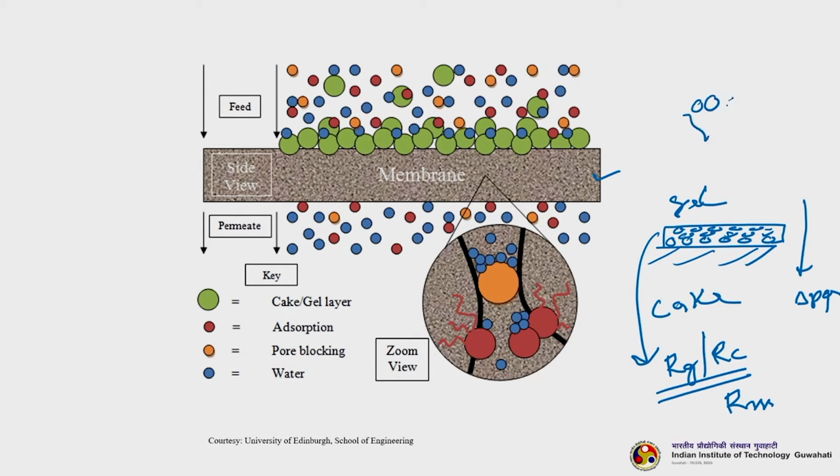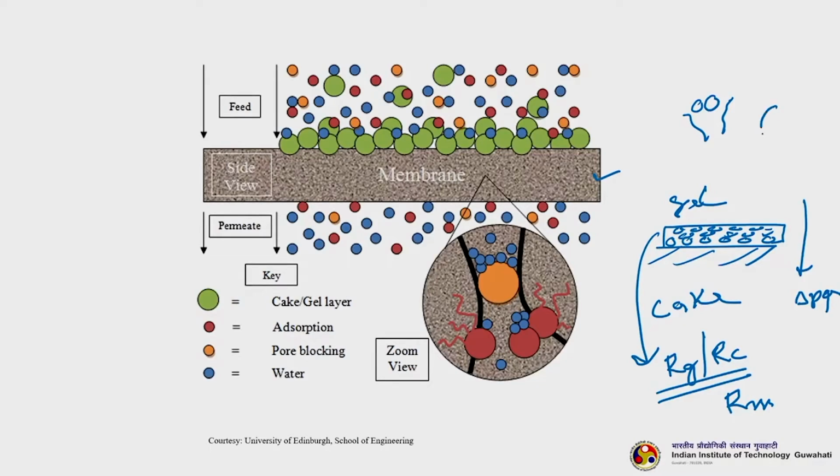So, let us say this is a pore, and two or three particles are forming a bridge, thereby blocking the pore mouth, right. If you see the cross section, it looks something like this, okay. However, these portions are still available for solute transport.